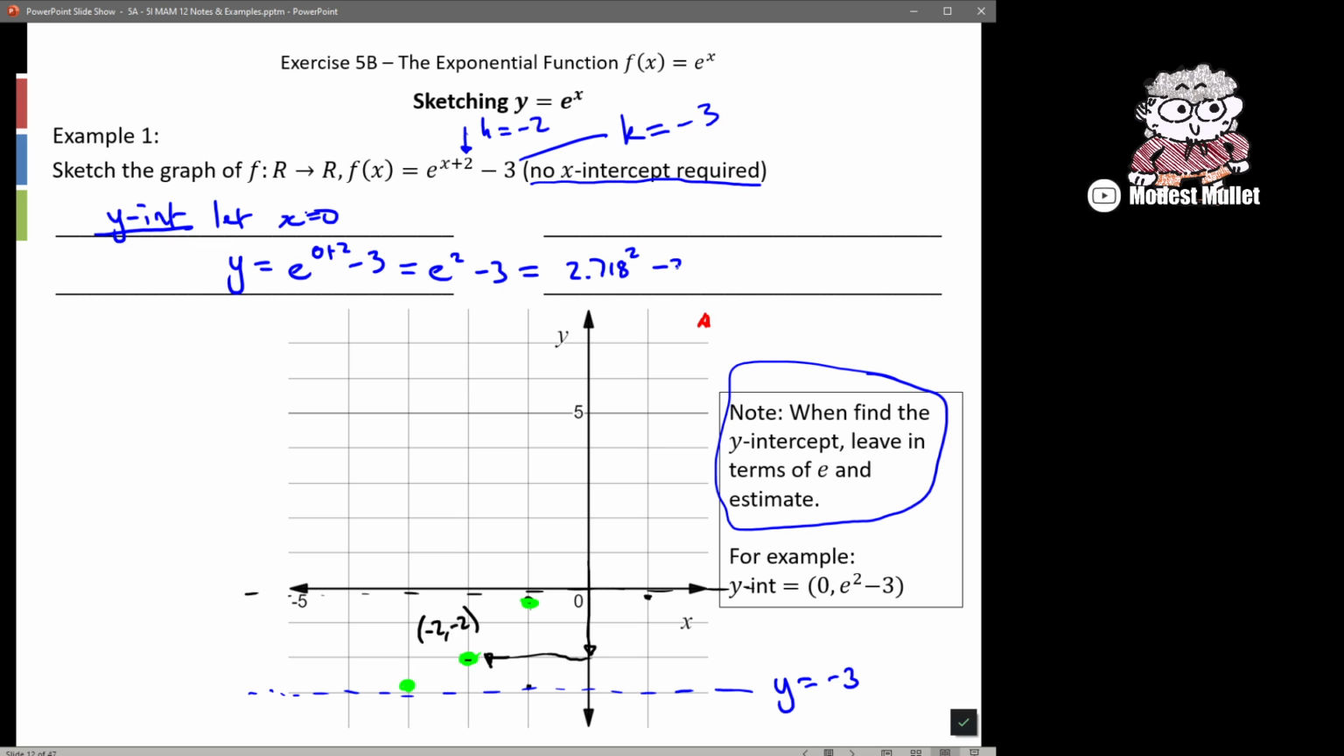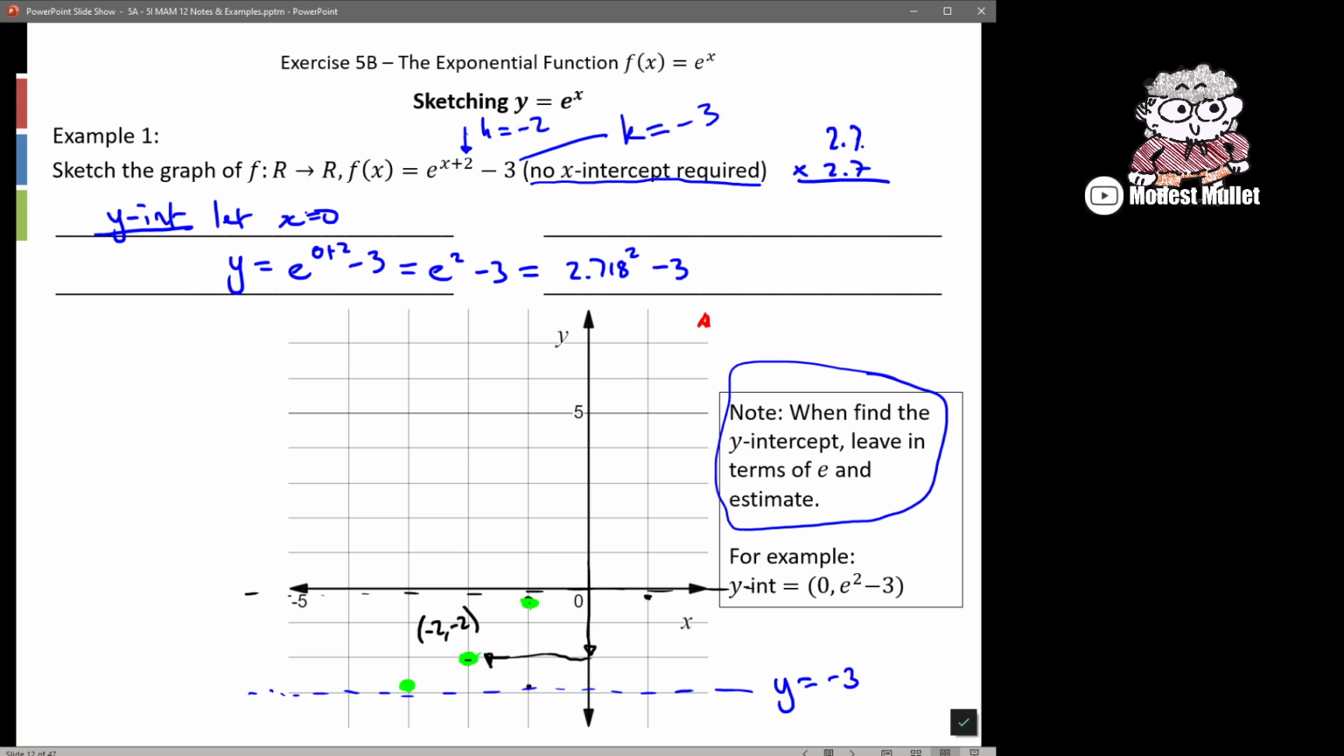2.718 all squared minus 3. Now we need to come up with a rough estimate of what this is. 2.7 squared, well, we know that's between 2 squared and 3 squared, so it's got to be somewhere between 4 and 9. It's probably going to be skewed to the top end because we're getting closer to that 3. So we're going to think it's probably around 7-ish. Now, if you want to check, let's just do 2.7 times 2.7 and